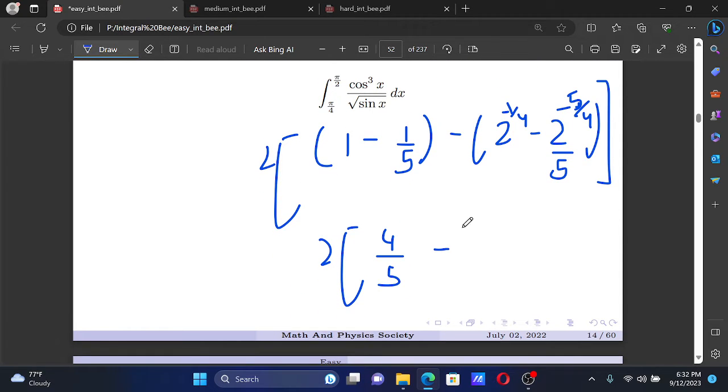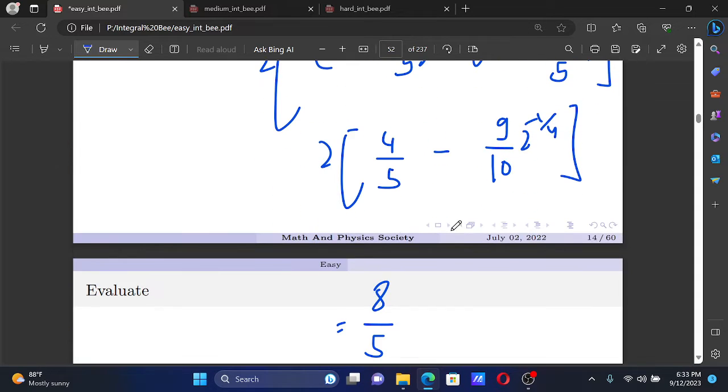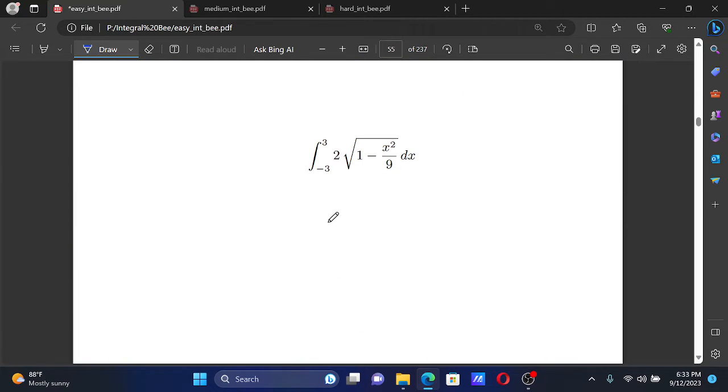And then here we have, so this one is 2 to the power minus 1 by 4 by 10. Yeah, and then we have 9 by 10 2 to the power minus 1 by 4. So this will be 8 by 5 minus 9 by 5 2 to the power minus 1 by 4 plus c. Yeah, that's the answer. So next one, for this one we can just take LCM,